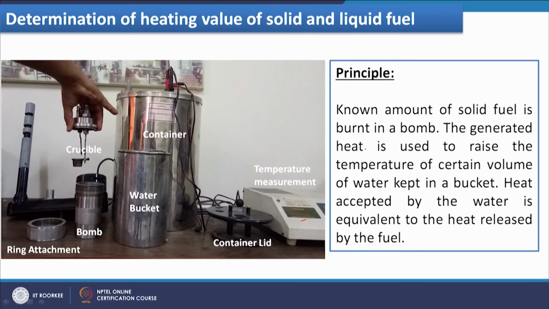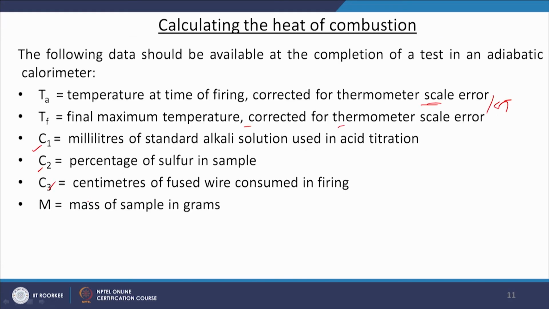So, to determine the contribution of the heat generated during acid formation, after completion of this bomb calorimeter test, we will open the lid and depressurize it, then take the material out, and the bomb calorimeter wall will be washed. That wash will contain the acids deposited on the wall, and it will be titrated against the alkali solution. So, the milliliters of standard alkali solution used for acid titration,